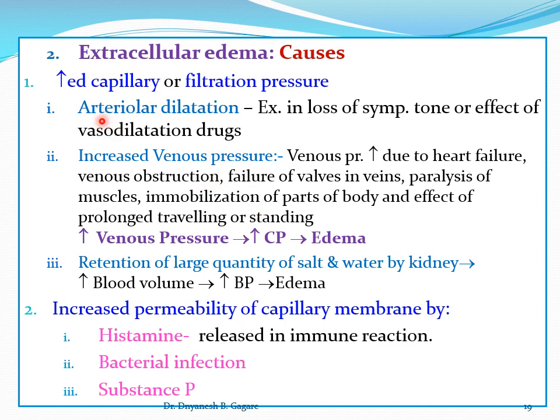Okay, so for example, if there is arteriole dilatation. The arteriole is a very important part; it is just before the capillary. There are metarterioles, precapillary sphincters and arterioles. Due to any reason, if arteriole dilatation occurs, for example, this arterial tone is mainly maintained by the sympathetic tone. So the diameter of the arteriole is regulated by sympathetic tone, because there is a sympathetic tone on arterioles.